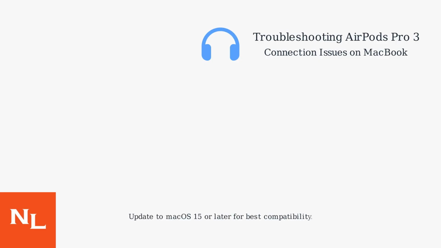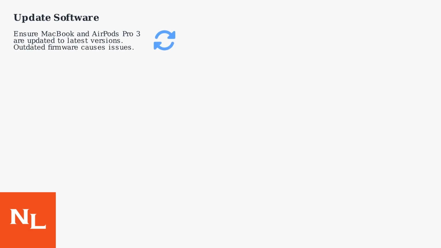For optimal performance, ensure your MacBook is running macOS 15 or later, as this provides the best compatibility with AirPods Pro 3. First, ensure both your MacBook and AirPods Pro 3 are updated to the latest software versions. Outdated firmware can cause compatibility issues. Then, check your MacBook's Bluetooth settings to confirm the AirPods are properly paired and selected as the audio output device